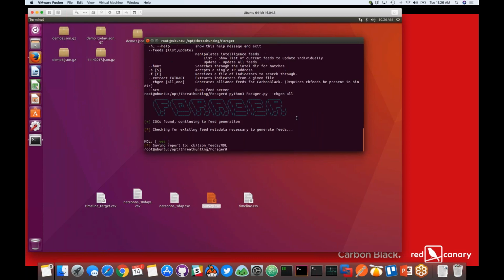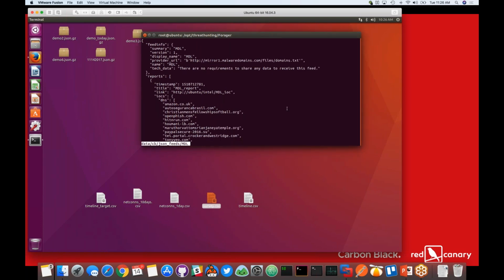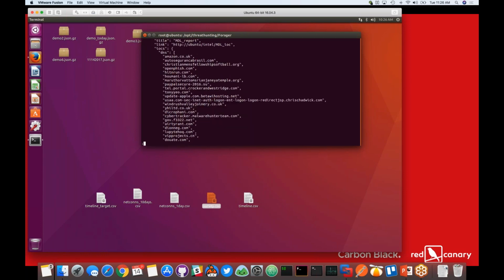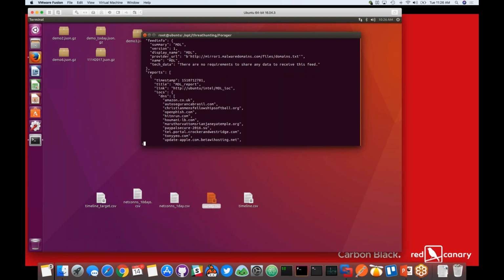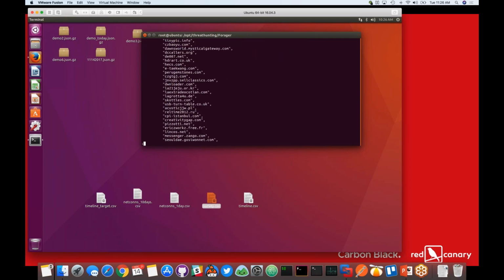So I only have one malware domain list. Oh yeah, that's right, I already generated it. Let me show you what this looks like real quick. And JSON feeds. So this is now ready, prime time to be pushed out to your Carbon Black servers. Obviously, malware domain list is already on Carbon Black Response, but in this case, if you had a different type of intelligence you wanted to push, this is what it would look like. So now you're able to attach this. It's all JSON for the Carbon Black environment to pull in and begin correlating across your data.